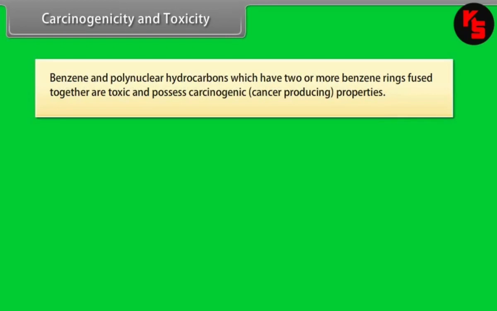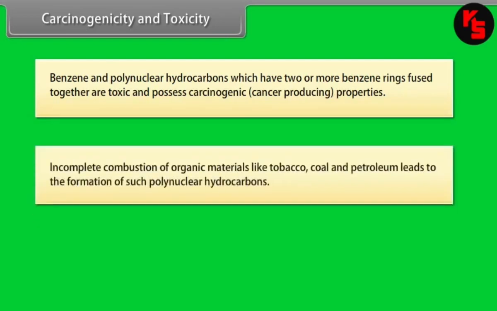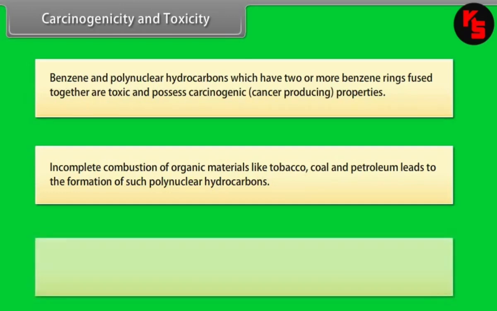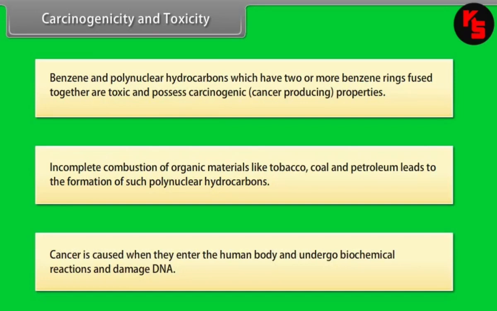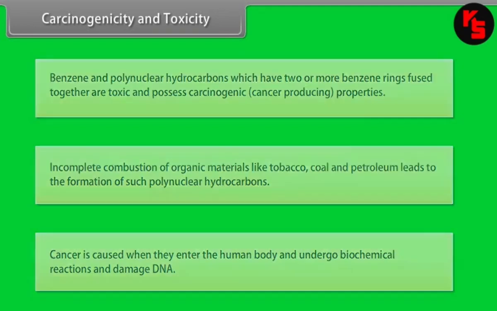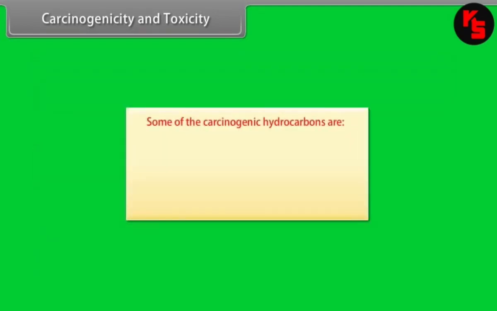Carcinogenicity and toxicity. Benzene and polynuclear hydrocarbons which have 2 or more benzene rings fused together are toxic and possess carcinogenic or cancer-producing properties. Incomplete combustion of organic materials like tobacco, coal and petroleum leads to the formation of such polynuclear hydrocarbons. Cancer is caused when they enter the human body and undergo biochemical reactions and damage the DNA. Some of the carcinogenic hydrocarbons are